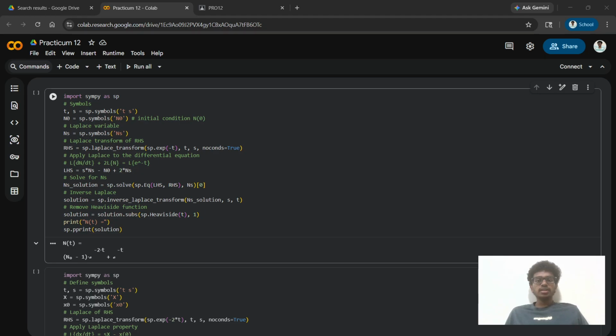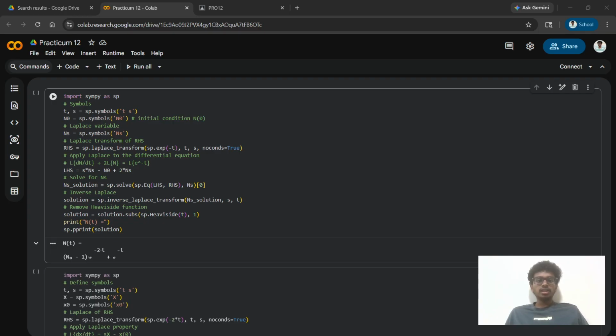After that, we construct the transformed equation using Laplace properties, solve for the Laplace variable, and finally apply the inverse Laplace transform. The Heaviside function is removed to simplify the result. The final output shows how the packet queue initially increases due to the burst and then decreases as the system